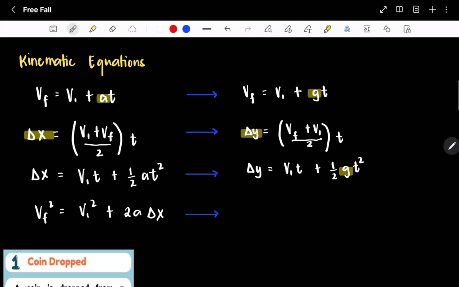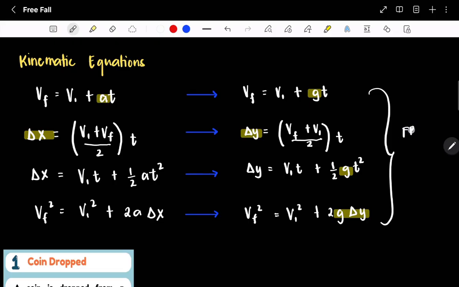And for kinematic equation number 4, we have V sub F squared equals V sub I squared plus 2 G delta Y. So note that these are the changes, the delta Y and the G. These are now the new kinematic equations that we will use when we are solving for free falling